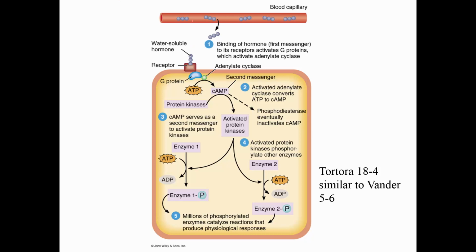Water-soluble hormones don't need a carrier. They dissolve in the blood quite well. They leave a capillary system, find a specific receptor that's in the plasma membrane. Typically they activate a second messenger system, and many times that second messenger system is cyclic AMP. So glucagon works through cyclic AMP. Adrenocorticotropic hormone works through cyclic AMP. ADH works through cyclic AMP. Lots of hormones work through cyclic AMP.